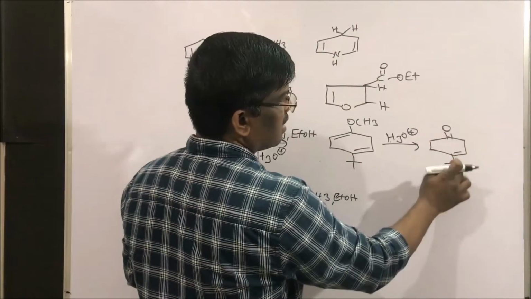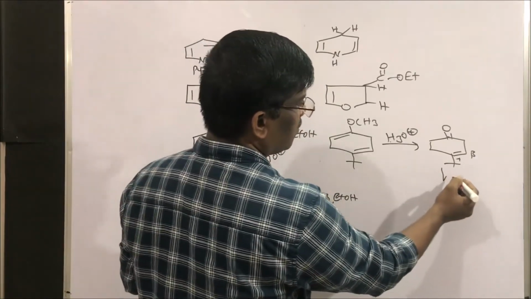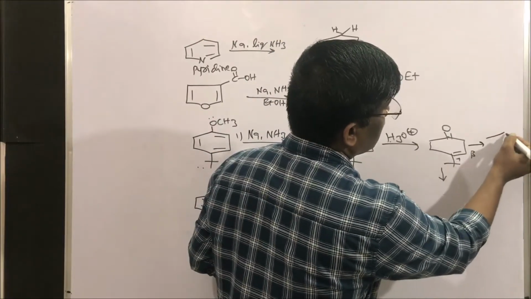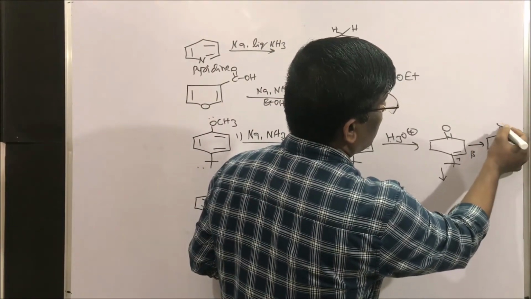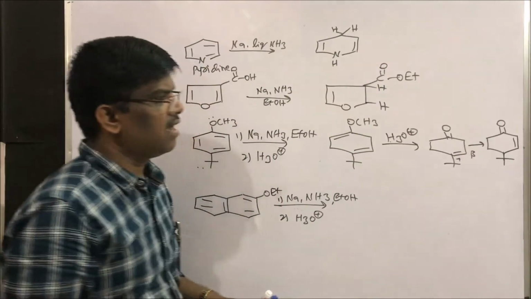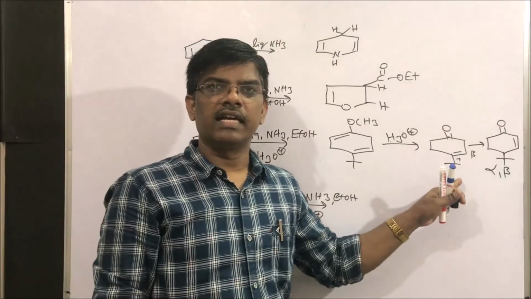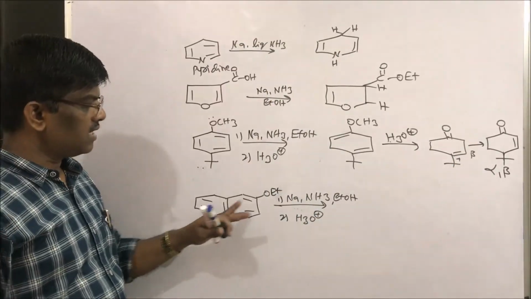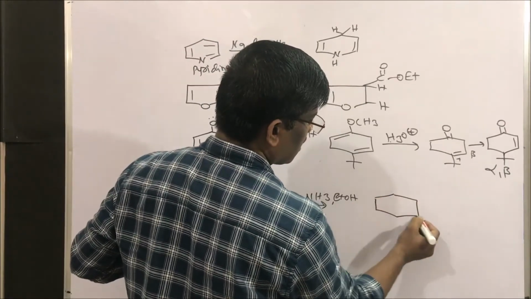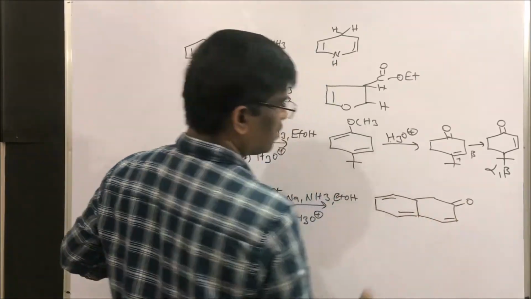Yes, so this beta gamma will be isomerized to give what? Alpha beta unsaturated compound. I will write here itself. Tertiary butyl will be here. This is the alpha beta unsaturated compound we are going to get. Yes, students. Next, so this is ethoxy naphthalene. So here we are going to get this compound, keto and keto. Yes, students.